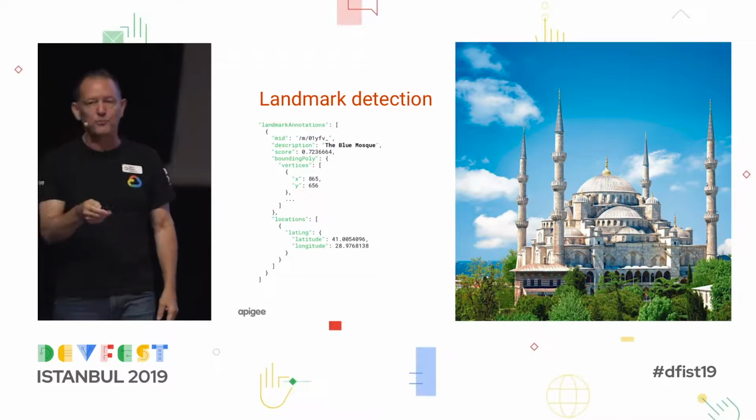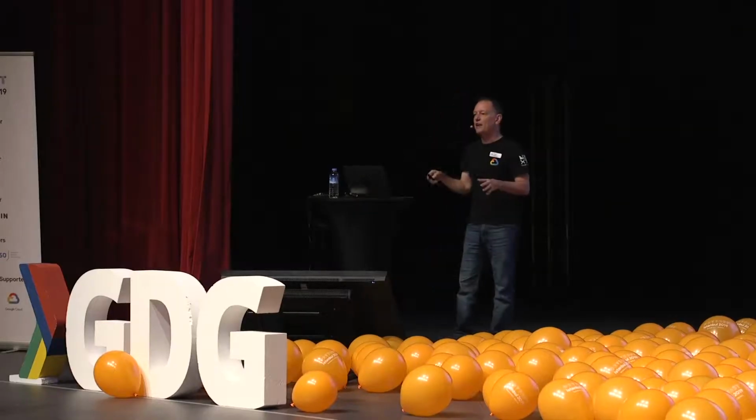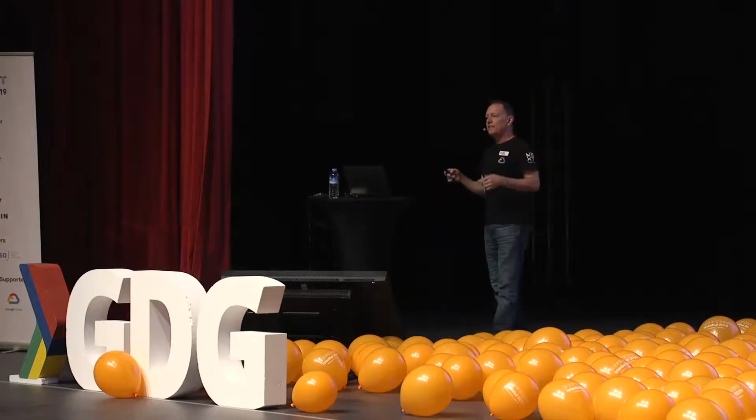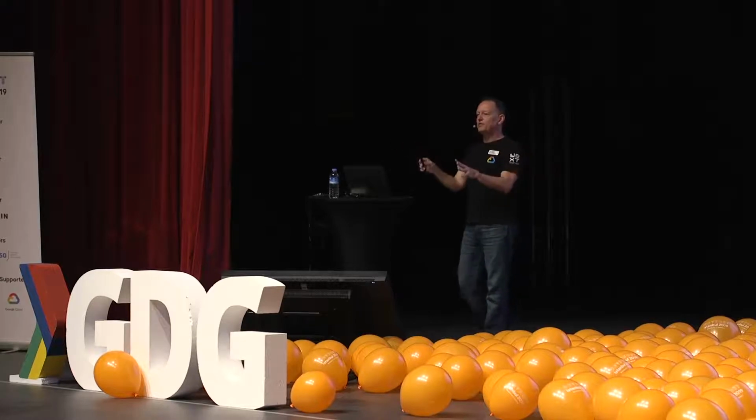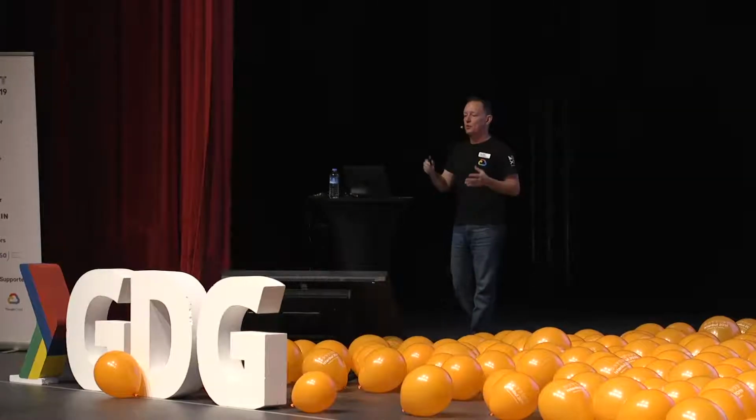And one very important part up here is this MID. MID is the identifier into the Google Knowledge Graph, where everything related to this object is put together in a graph that is then linked out to other things. So it would also link to Istanbul. It might link to Islam. It would have other associations so that it has semantic knowledge of how this object fits into the world.